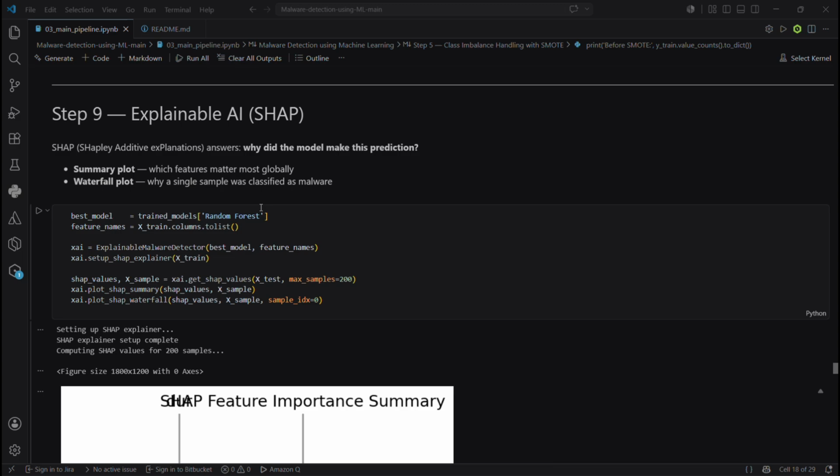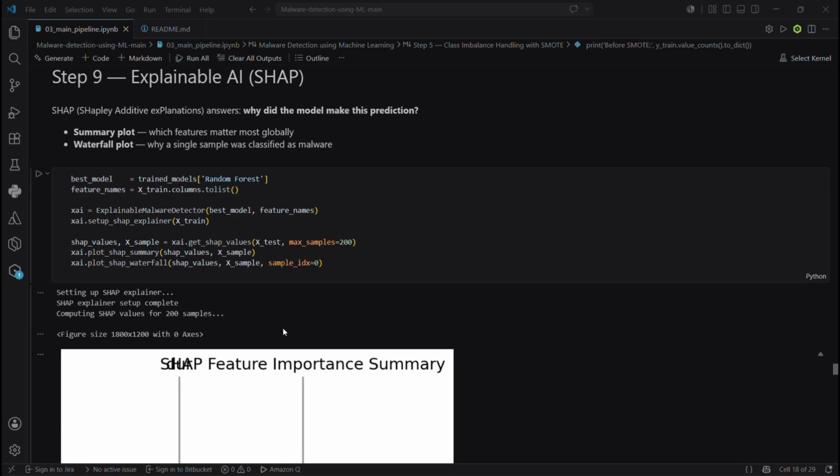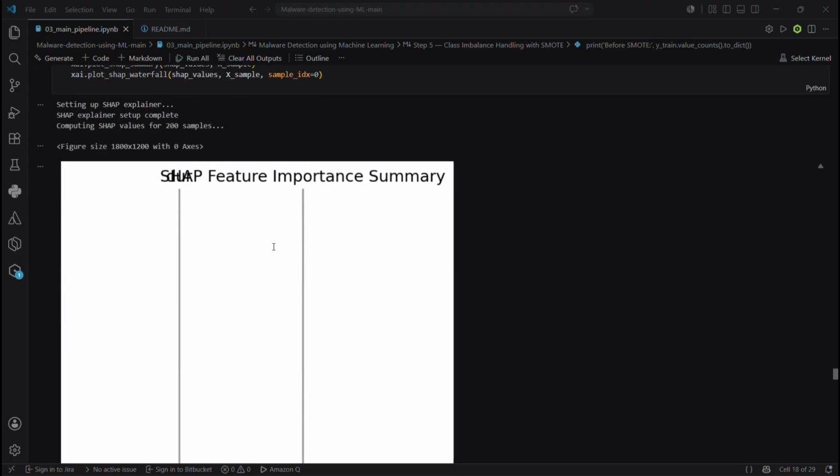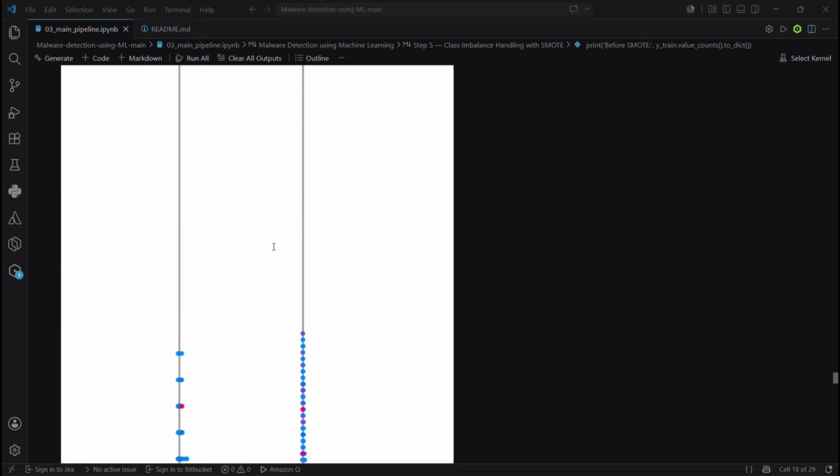To solve this problem, I use SHAP, which stands for Shapley Additive Explanations. It is an explainable AI technique that measures the contribution of each feature toward the final prediction. Instead of simply predicting whether a network connection is benign or malicious, SHAP explains which feature influenced the prediction and how much each feature contributed. For example, if a network connection is classified as malware, then SHAP may show that features such as sttl, dload, and packet rate had the greatest influence on the